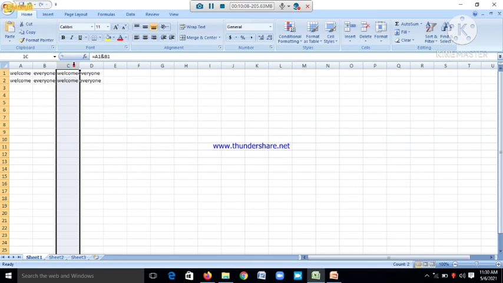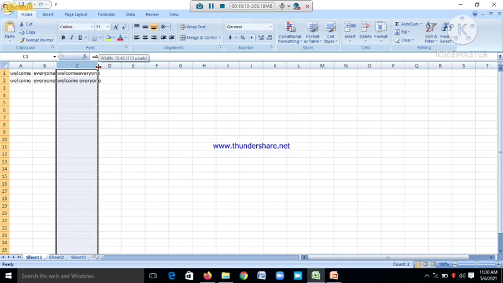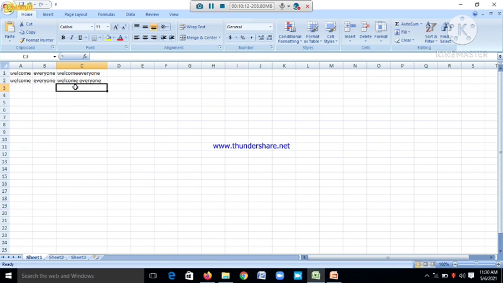I expand it so that it is clear to you. Yes, welcome everyone. Here the one space is between welcome and everyone, but here there is no space. When there is no space, then the formula is like this, and when we want to add space between them, then we have to add the space enclosed within double inverted commas.